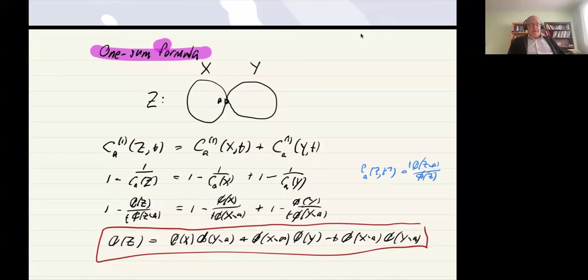So I can say that the generating function, this is the sum rule, for the closed walks in Z that start at a and return to a exactly once is just a sum of the corresponding terms for X and Y. And at that point, we're basically done. We know that from the sequence rule, we can express the closed walks at a in terms of closed walks returning exactly once, and vice versa. I don't expect you to remember, but this is the formula. So we get